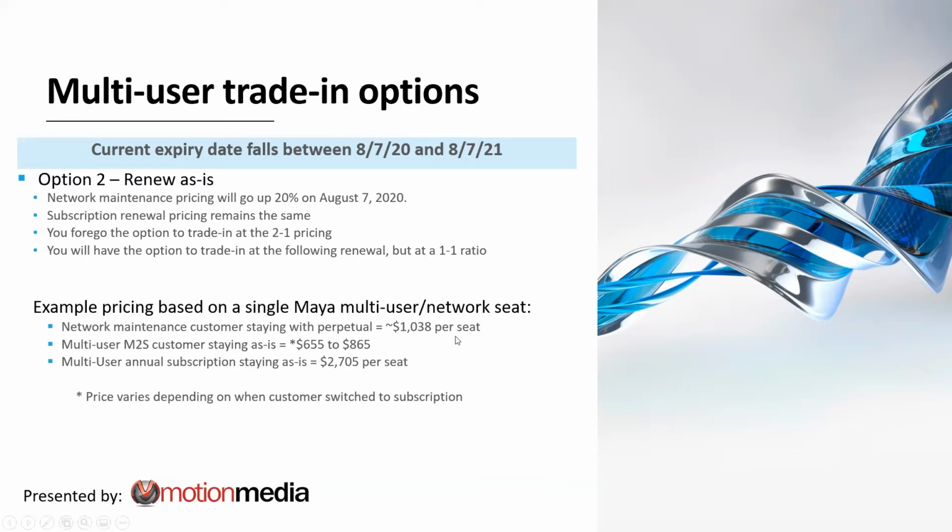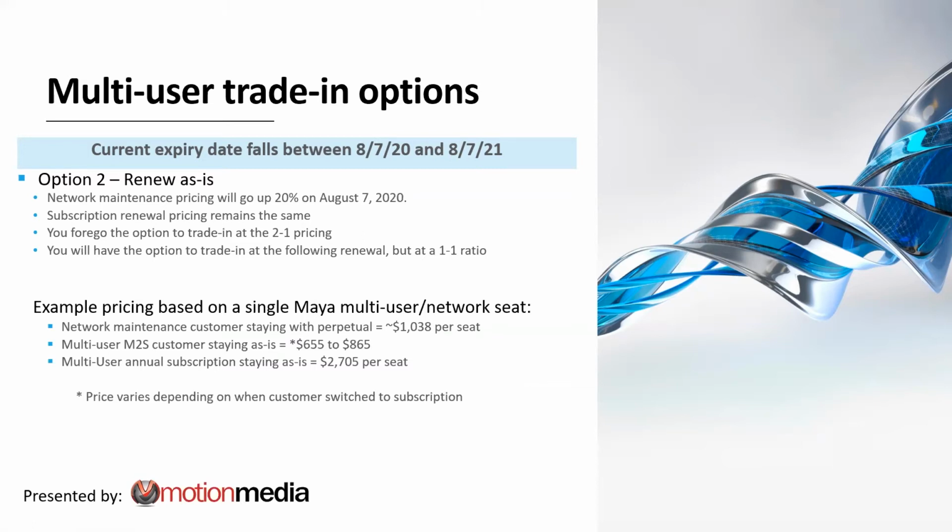So here's some example pricing. That 865 that we just talked about goes to 1,038. The M2S customers staying as is will continue to stay at their current pricing, and multi-annual subscription will stay at their pricing. So that's your second option: renew as is,